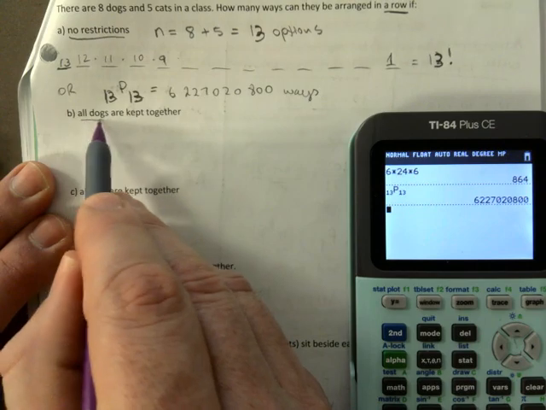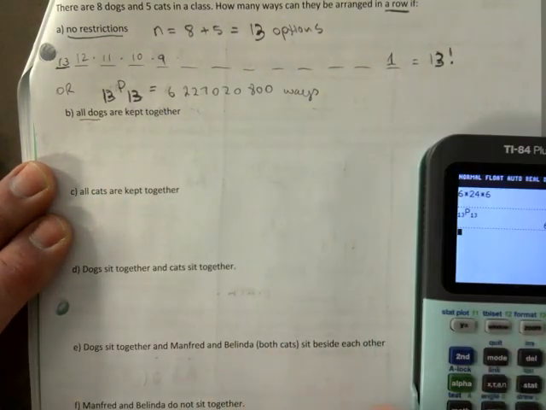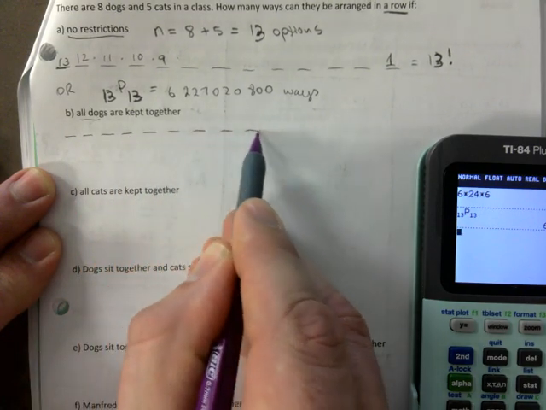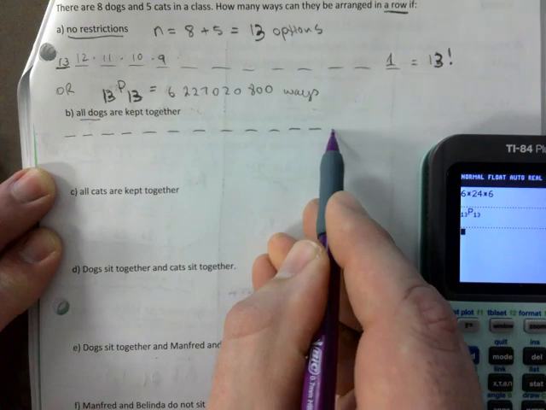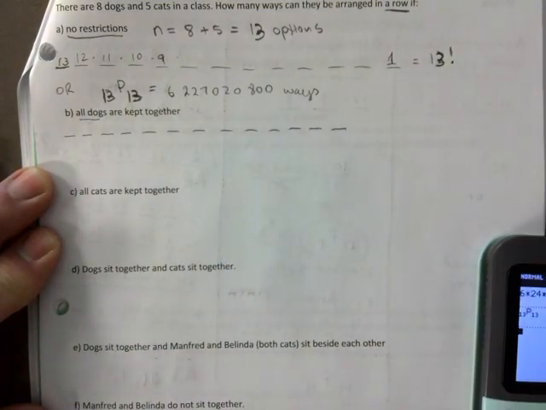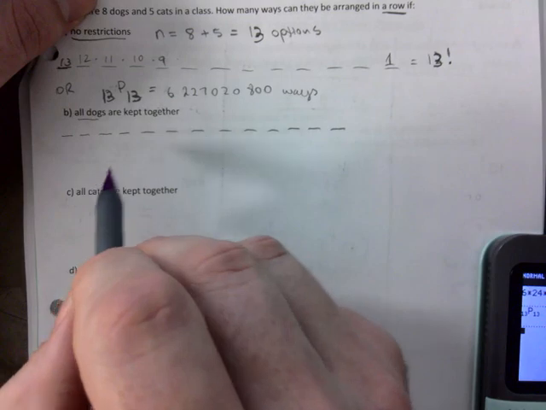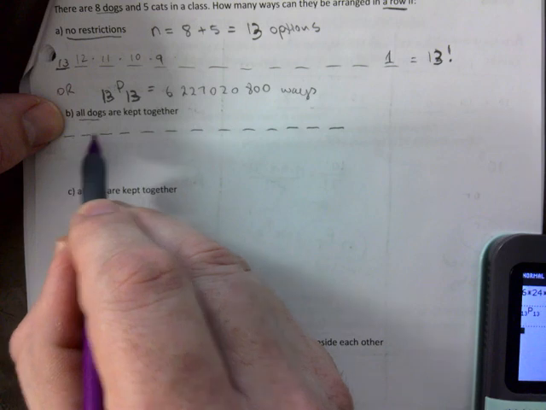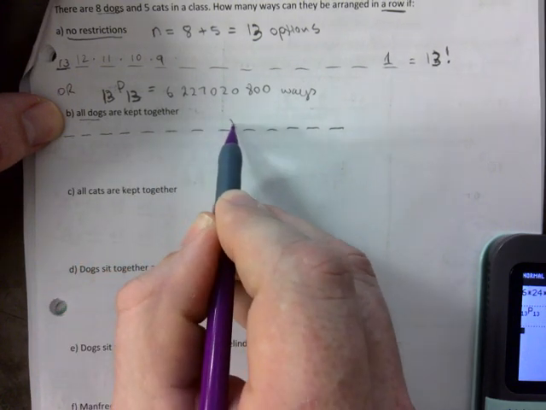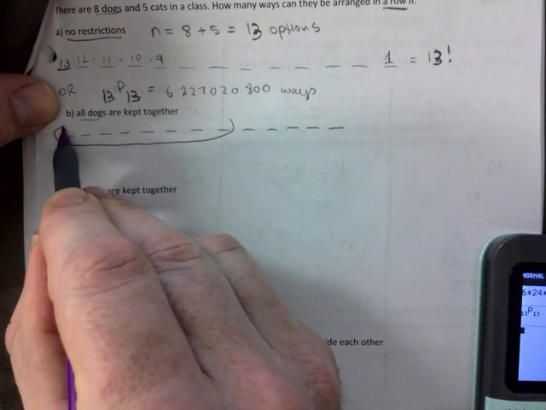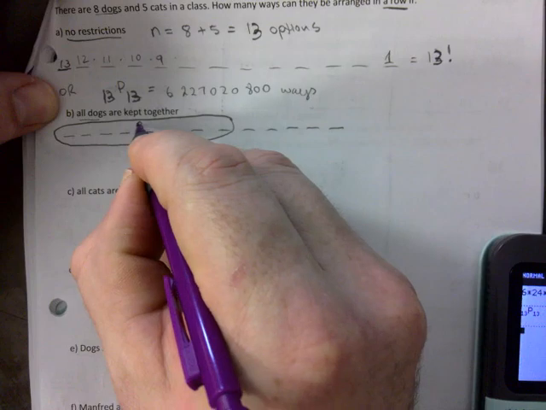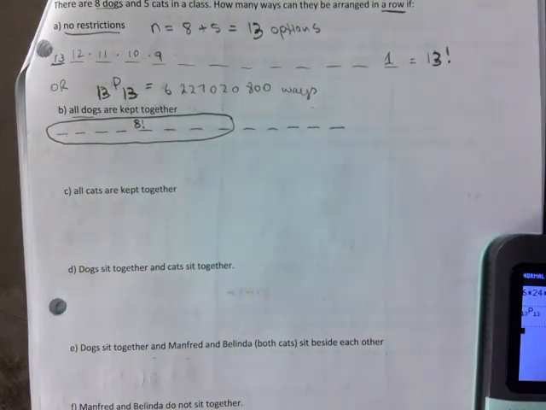What if we have all dogs? What if all dogs are kept together? So let's do the 13. 1, 2, 3, 4, 5, 6, 7, 8, 9, 10, 11, 12, 13. So how many dogs are there? 8, right? 8. So you need to count 8 of these slots. 1, 2, 3, 4, 5, 6, 7, 8. And they need to be kept together. And that's for sure within that group, you're going to have 8 factorial happening right there inside that group you've